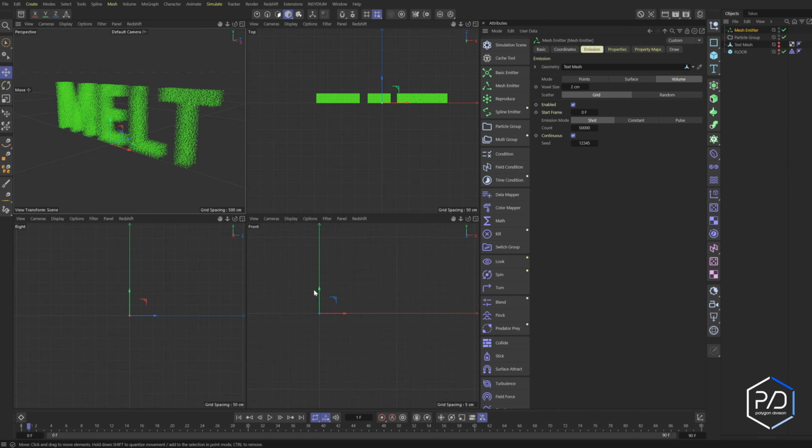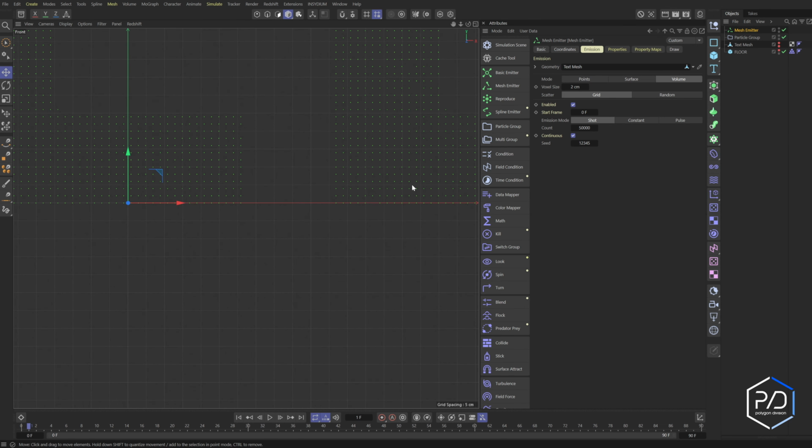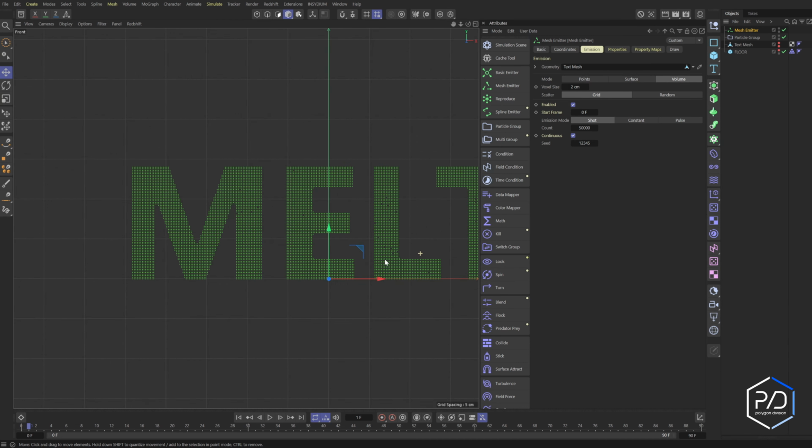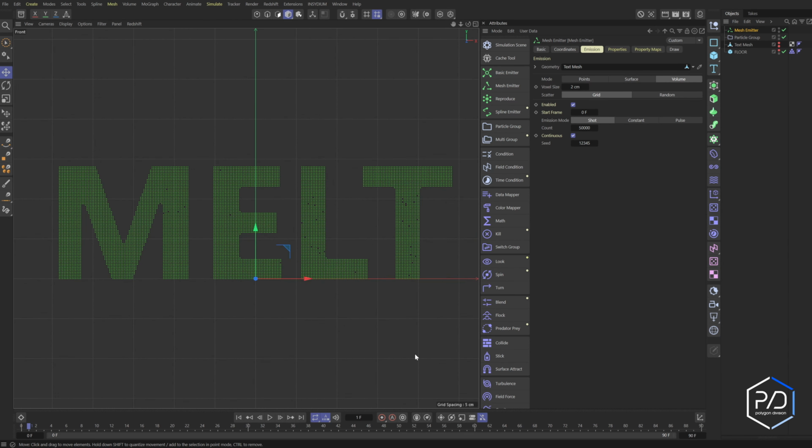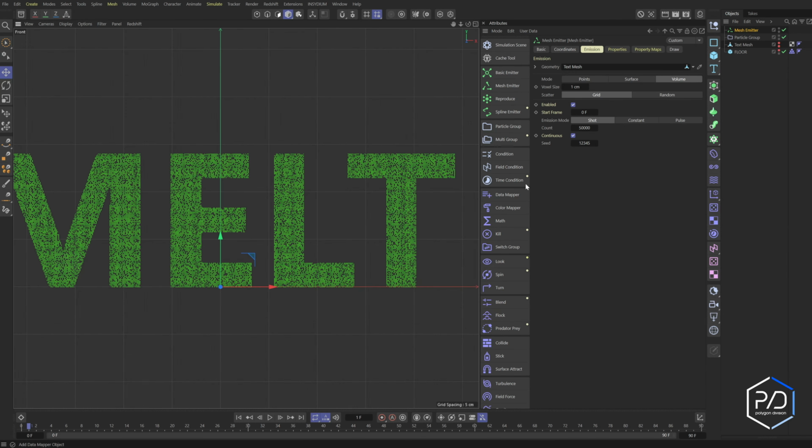So if I come in here to the front view, you can see there's a grid of particles. Now, if I zoom out, you can see there's little nooks taken out, missing particles. And that's because to describe the volume, we have it set to 2. And if I set this to 1, you're going to see more notches taken out. See that? And that's because of the particle count that we have set cannot be described by volume of 1